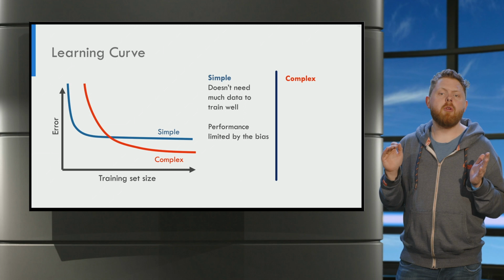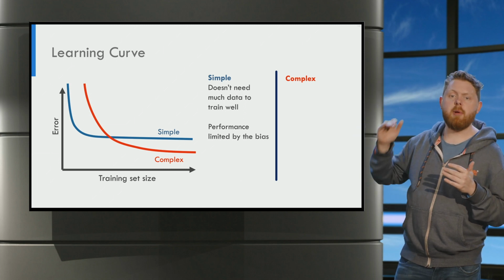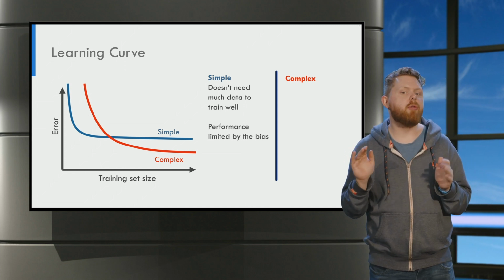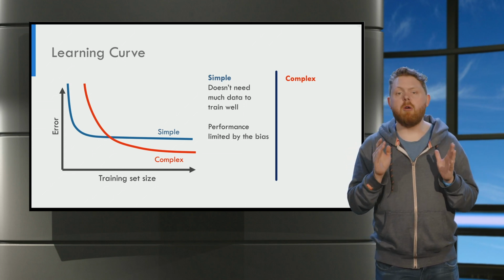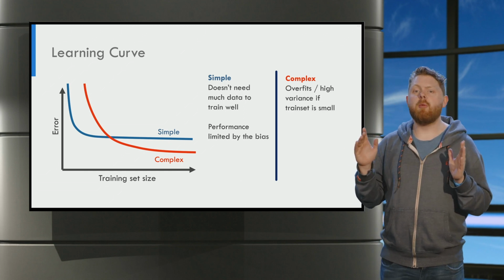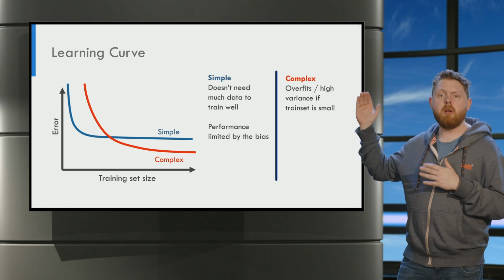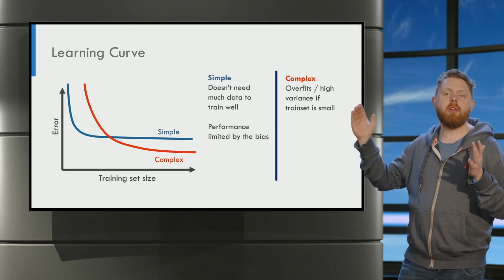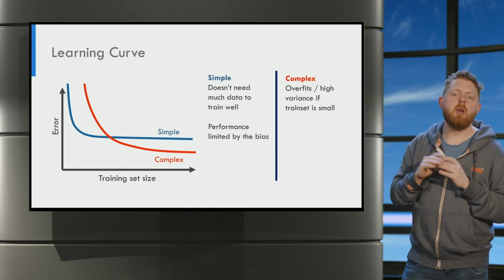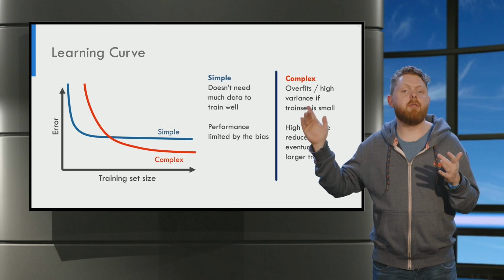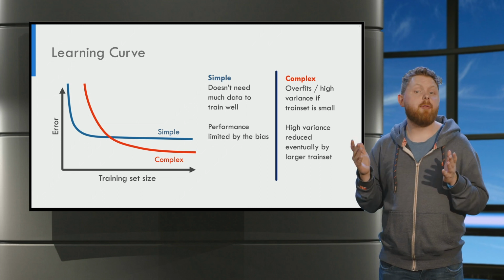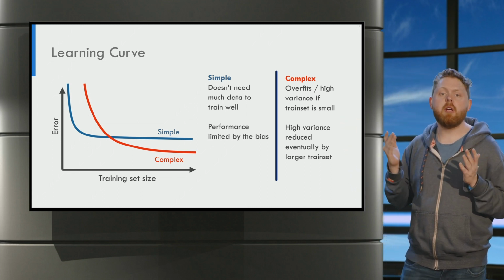For a simple model, usually the variance decreases rapidly. So that is why it converges faster, but then it cannot improve anymore. Now let's look at the more complex model. The complex model starts out worse because if the training set is small, it overfits a lot. So that is why initially the error is higher. But at a later point, this higher variance can be compensated by a larger training set. Therefore, at some point, the complex model can get a lower error.